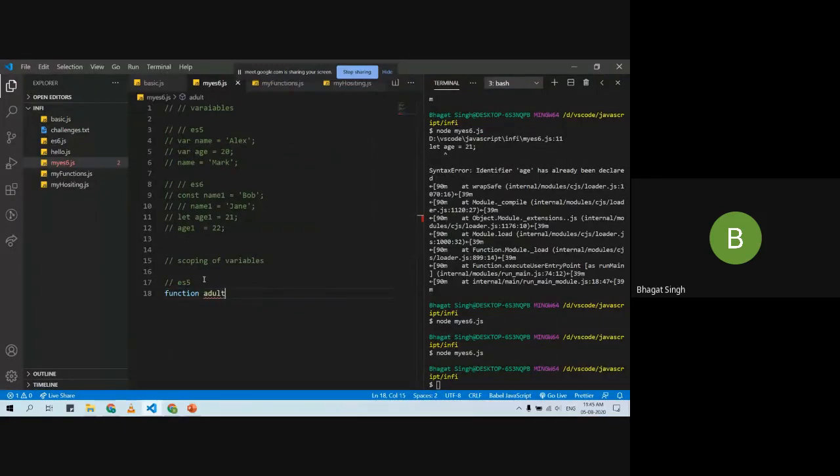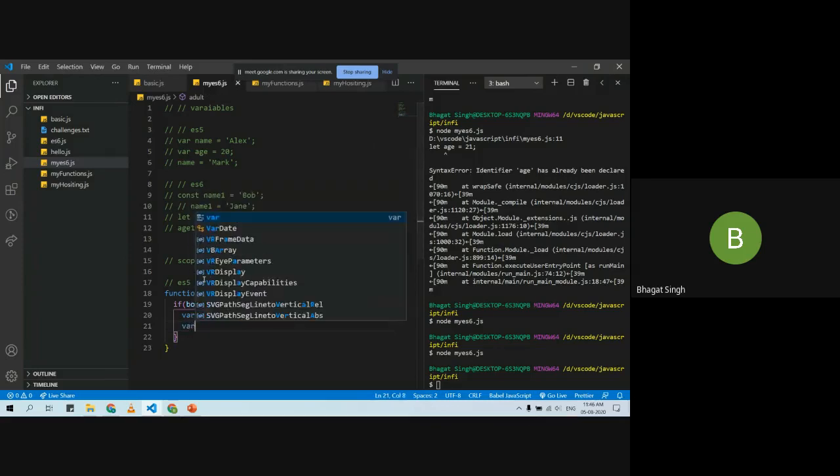I will say adult, and I am expecting some bool value, and I will say if boolval, if it is true, I will assign name equals to Mark, sorry, while age equals to 25. And now I will say